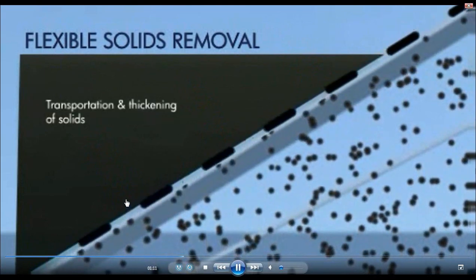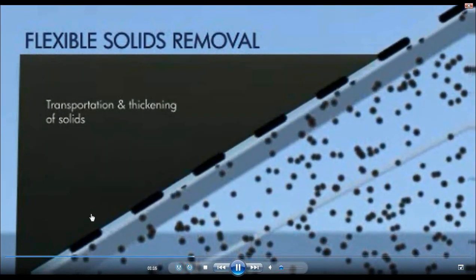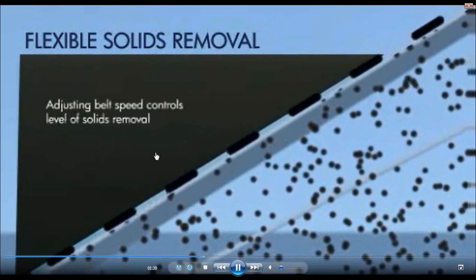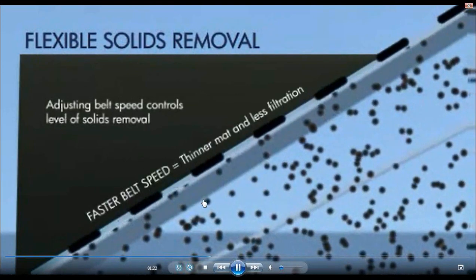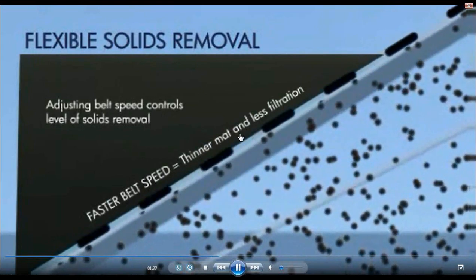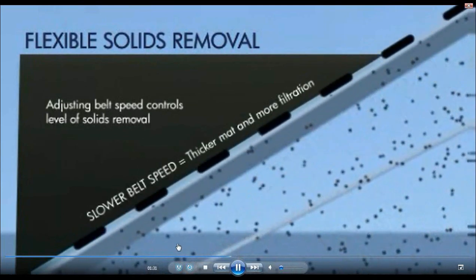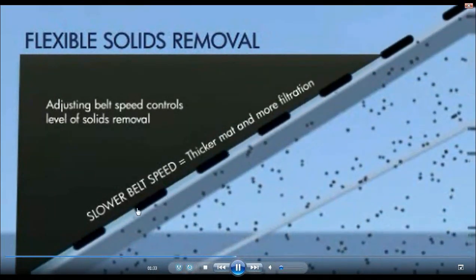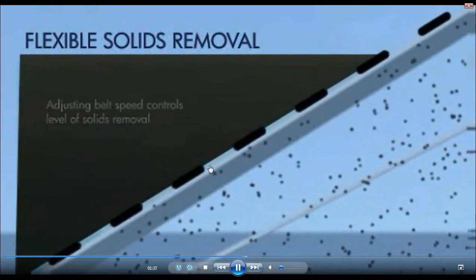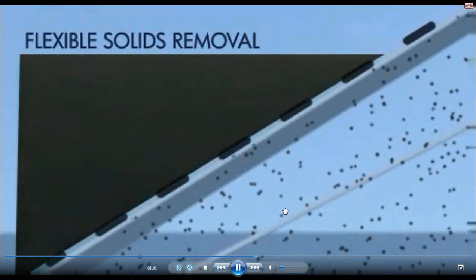And it is used for screening, filtration, and transportation of the thickened solids from the unit. So as this belt moves, it'll screen and filter particles. The faster it moves, the thinner the mat formation will get, the less filtration, and you'll get screening basically to the particle size of the screen plus some. If you slow that down, you form a thick filter mat. It's a porous mat that can remove the larger particles, and you'll get finer and finer solids distribution in your